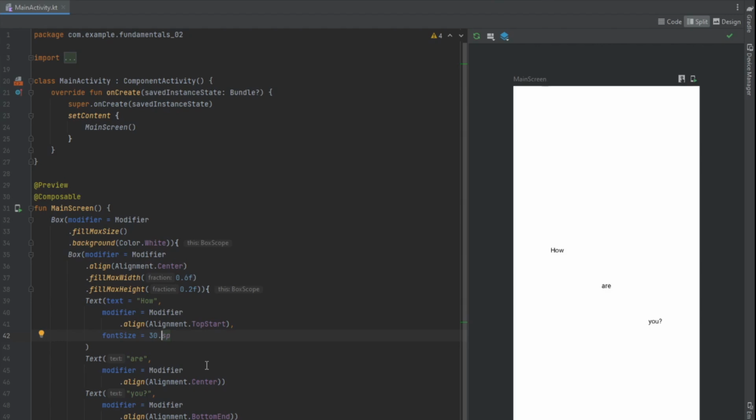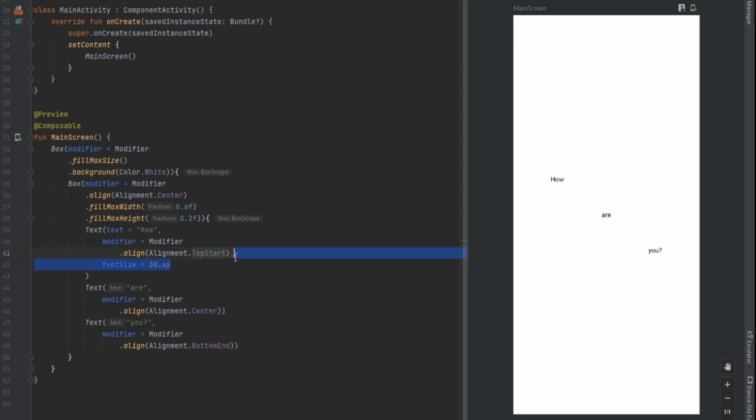So if the user for some reason wants or needs a bigger font on his phone, his preference will actually affect the size of the font of our app as well. So we want to use SP for texts. Okay, so let's use SP here, and also I will copy and just paste for the others